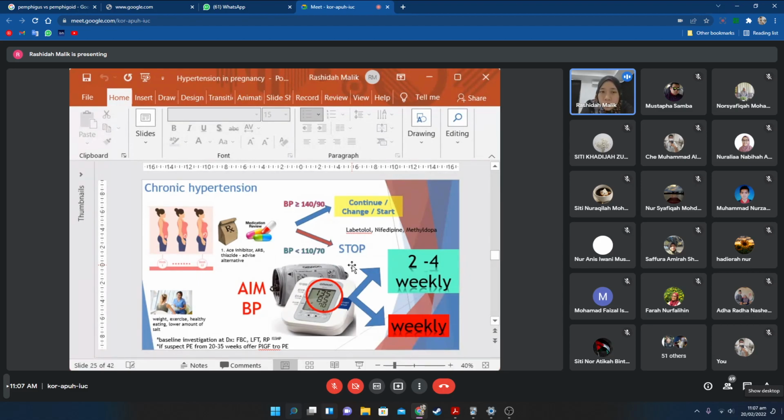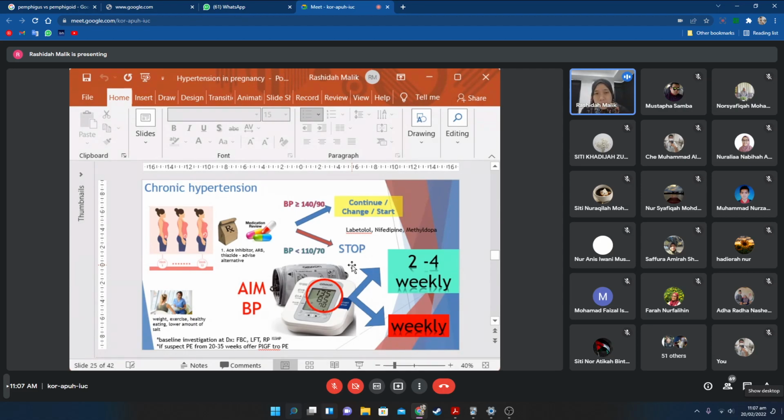So if the patient already has chronic hypertension and she is on medication, what you need to do, if the patient is in the reproductive age group, is determine whether the patient is suitable to get pregnant or not. If she is not optimized for pregnancy, you will need to counsel for contraception. If she expresses her wish to get pregnant, you have to review the medication, whether it is safe in pregnancy,